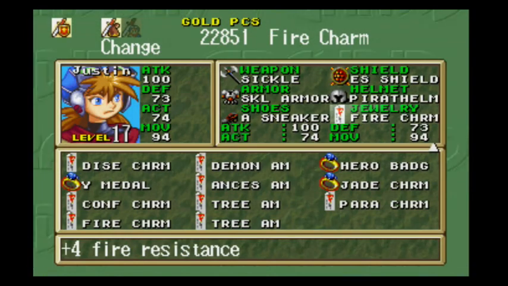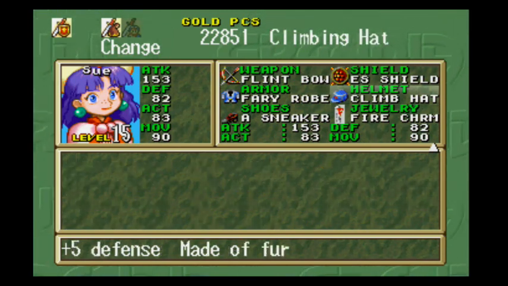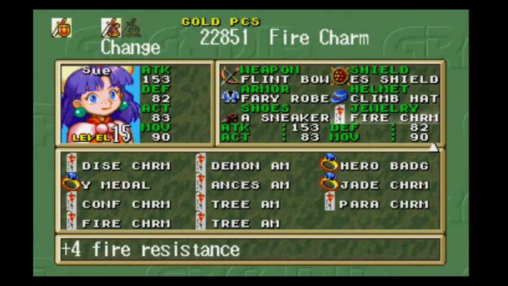Okay, I'm back, and I set my party up for the boss. Actually, I didn't quite have the accessories. I didn't get any of the drops that you usually end up getting by this point in the game, so I didn't have a metal frog, unfortunately. So Justin's got a fire charm, which you should have at least one, because one's from a chest at some point. I forget where we picked it up, but Sue, normally I give a metal frog to, but I don't have one, so I just gave her a fire